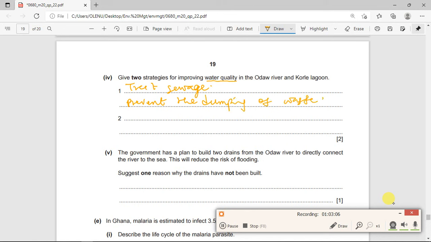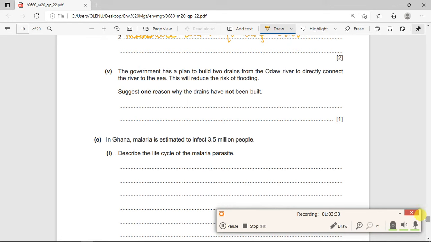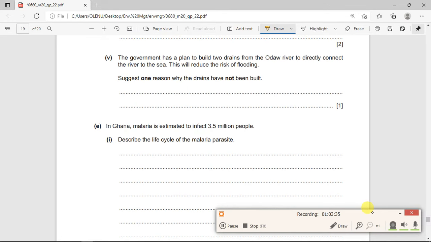Another thing can be you can introduce water quality laws, and you can come up with legislation which will help reduce the amount of waste being dumped